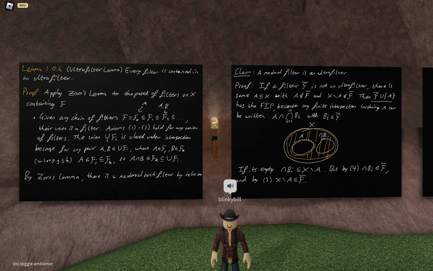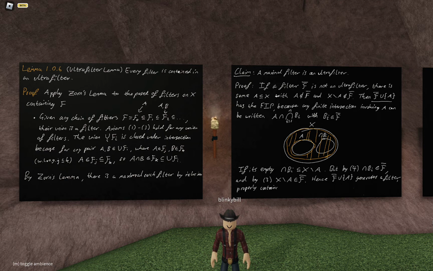And so what can I use that for? It means that hence F bar union A generates a filter. That was what I proved earlier, that as long as you've got a set of subsets of which you cannot create the empty set by taking finite intersections, then you can close it under intersections and then close it under supersets, and then you've got a filter. So F bar union the set containing A generates a filter properly